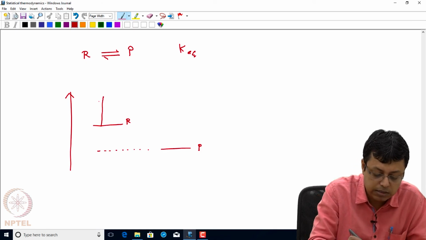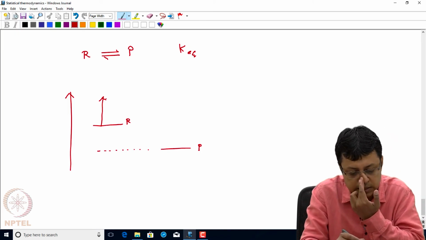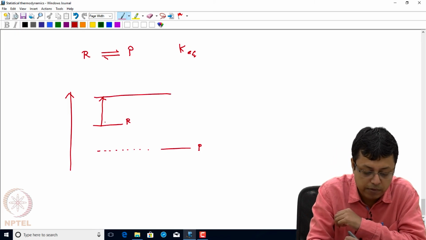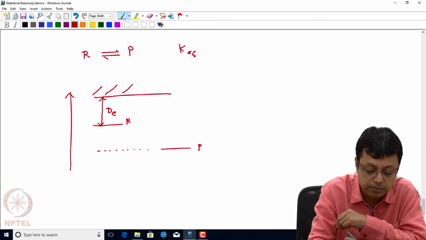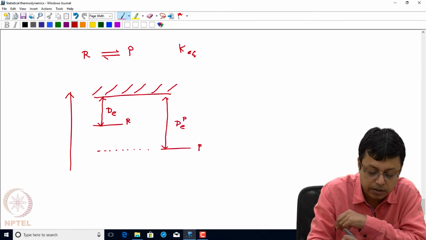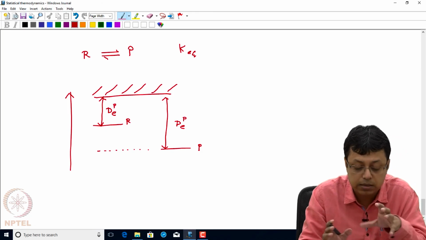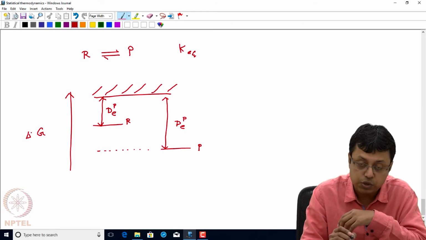So in some sense you can think of the process going from, say, reactants to products as this. You have a dissociation energy which dissociates the reactants. Suppose this is a continuum of energy, and similarly you could also think about the dissociation energy for the products. You can show that this and this is basically the Gibbs free energy change, going from